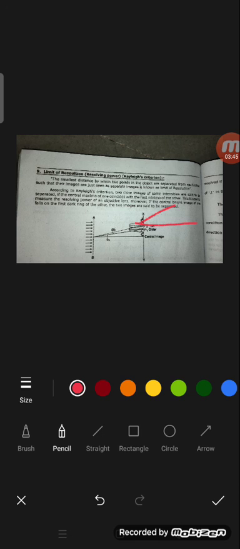Okay, so what is the Rayleigh criterion? It means that as two separate images are formed with the same intensities, they are separated if the central maxima of one image coincides with the first minimum of the first order. Then it is used to measure the resolving power of an objective lens.